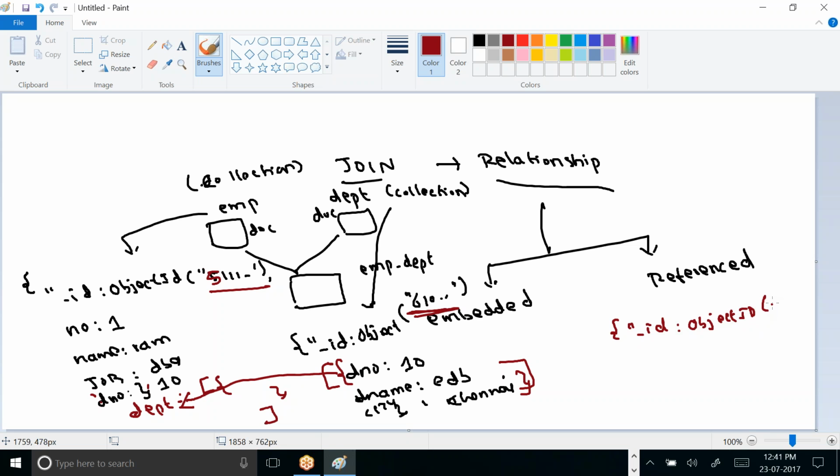So your ID starts with, let me make it, 511, etc. Under which you have the following information: employee number 1, employee name is Ram, and then you have a job, DBA. So here what you need to do, if you want to add this department, you specify this department